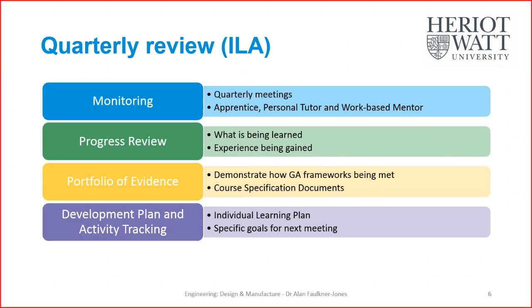So in terms of monitoring, because these apprentices are only on campus 1 day every week rather than every day as in most undergraduates, we need to make sure that there's a robust monitoring process in place. So in order to act as a focus, we have this process called the Individual Learning Agreement, the ILA, and we make sure that we have these meetings at least quarterly between the apprentice themselves, their personal tutor from the university, and the workplace mentor from the workplace,